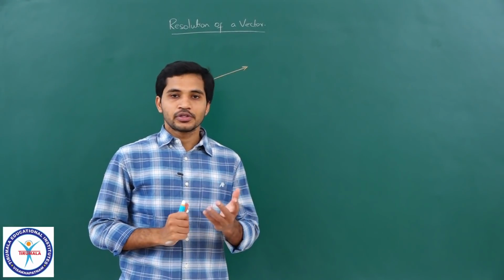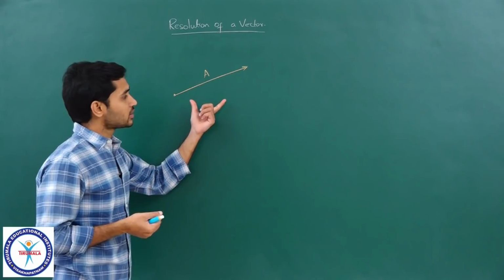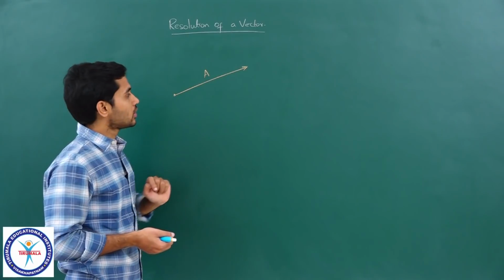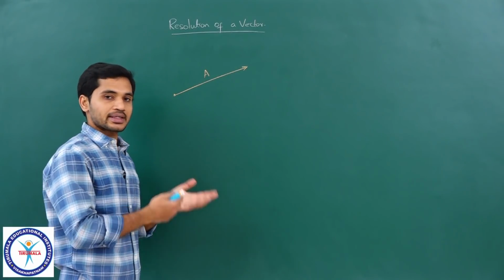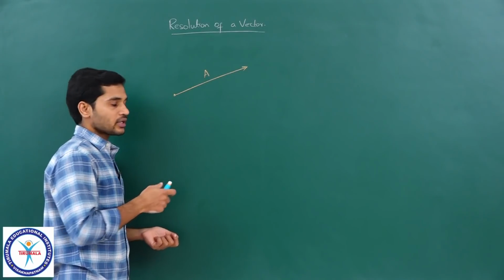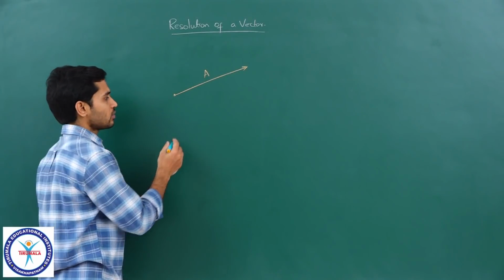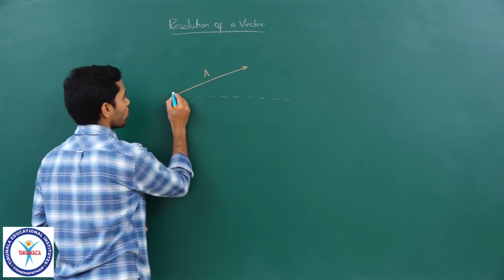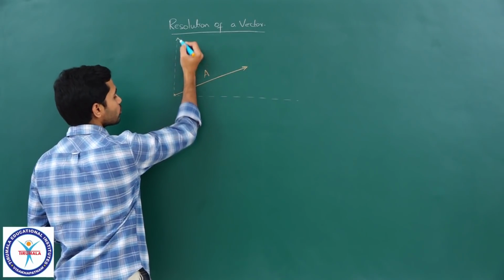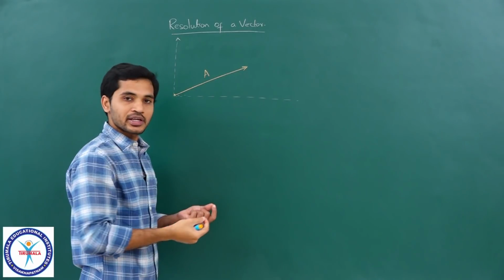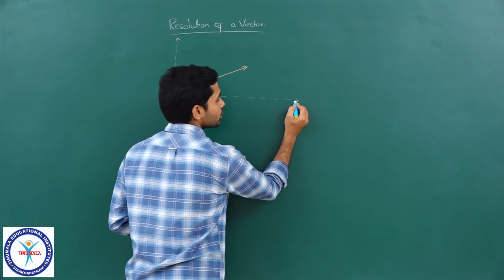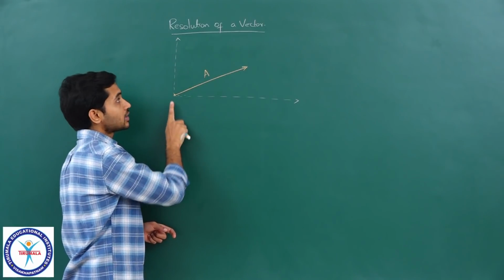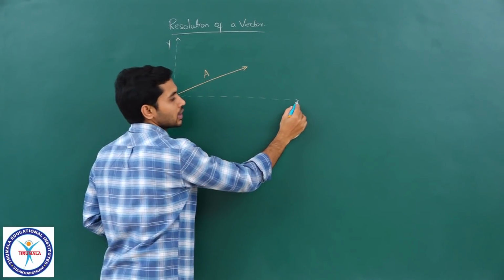So, students, resolution of a vector. I have a vector here, a vector A bar which has a magnitude of A, and you can see its direction. Now I need to break down this vector into rectangular components. Because we need components which are perpendicular, I will take the x axis and y axis as my reference. I know that x and y are perpendicular to each other, correct. So, I am going to break down this vector into two components, one along the x axis and the other along the y axis.